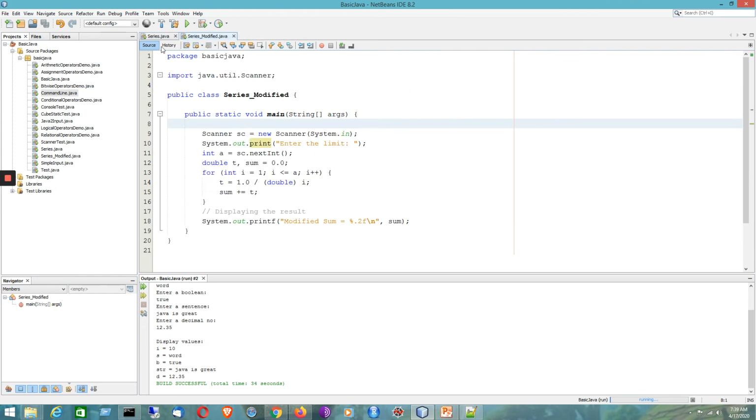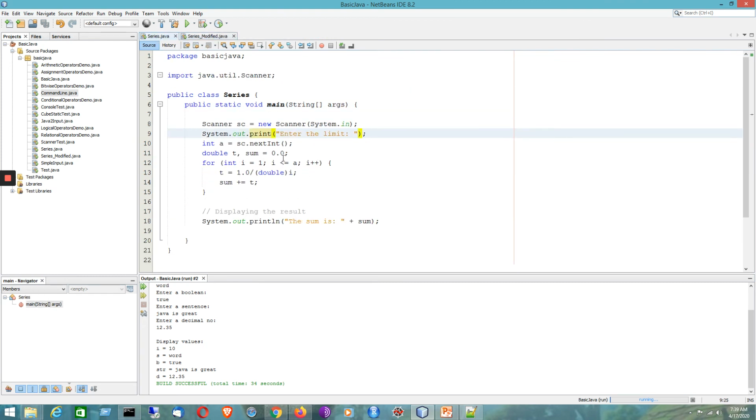So I'll be moving to the program. For example, I have a simple series program. Here I would like to print some number.